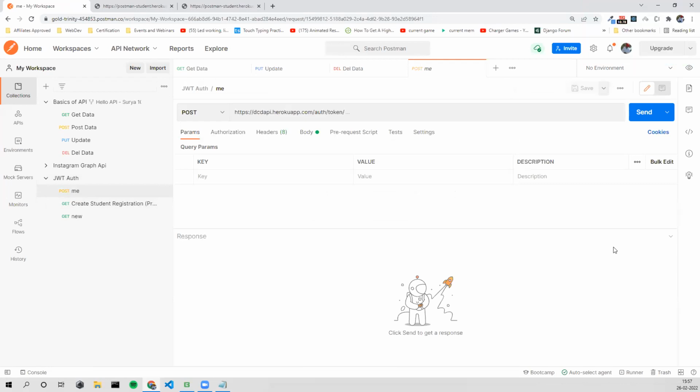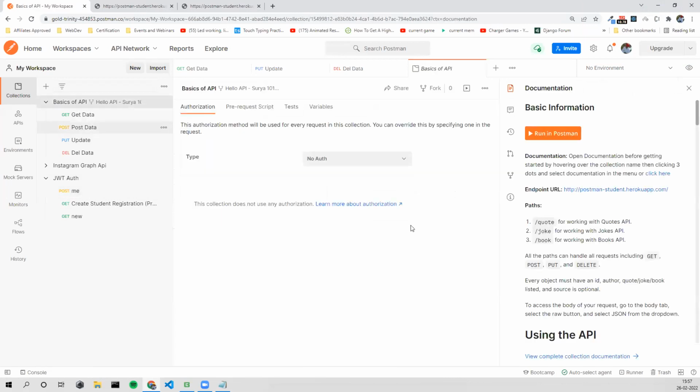Just a quick question. We have API tokens which can authorize us, but is there a way so that even if someone sees your token, they're not able to access a particular API?